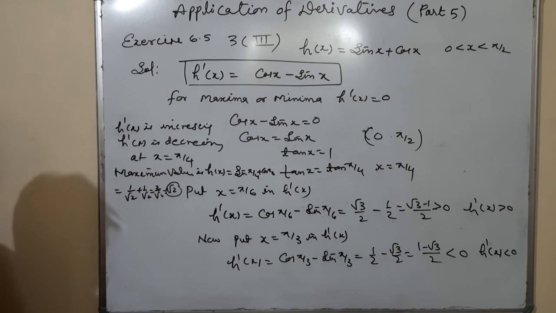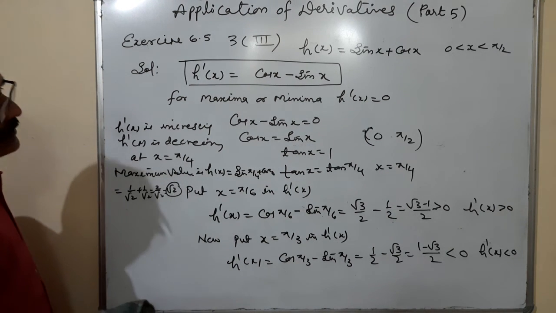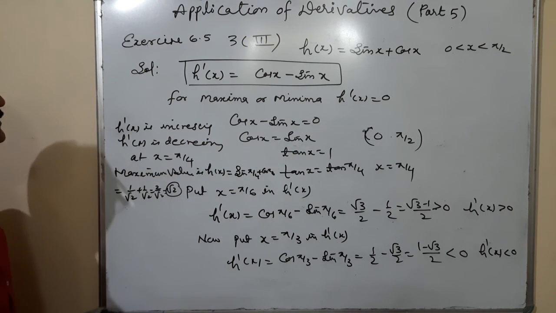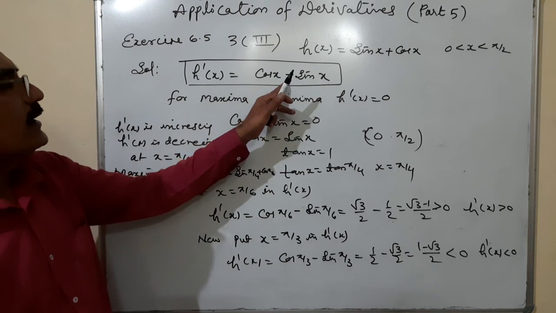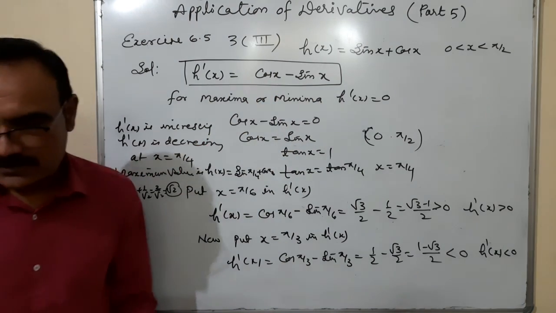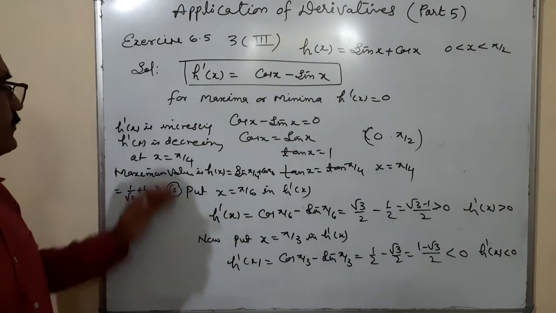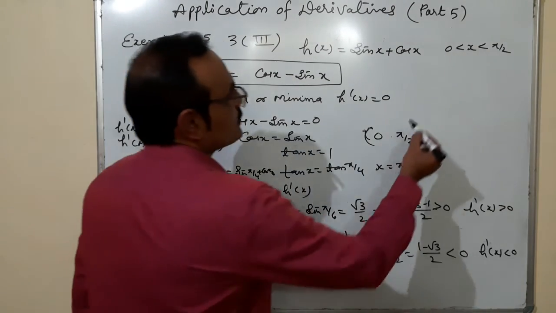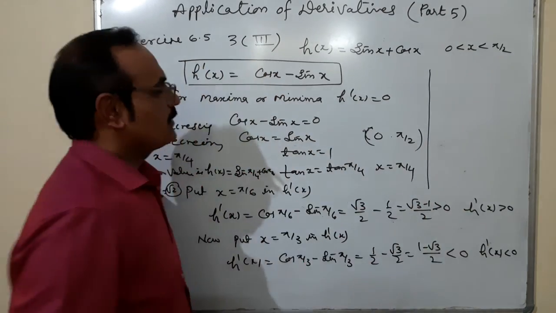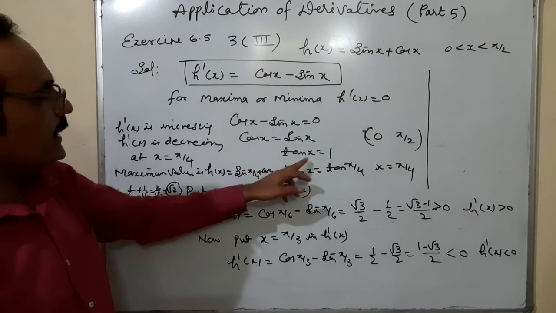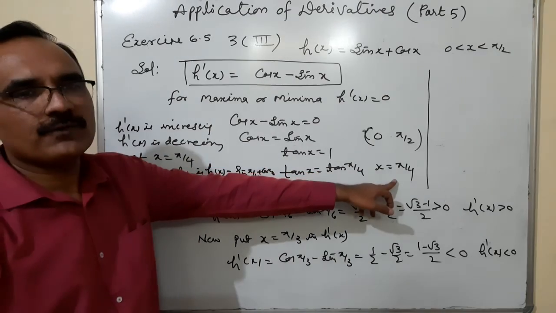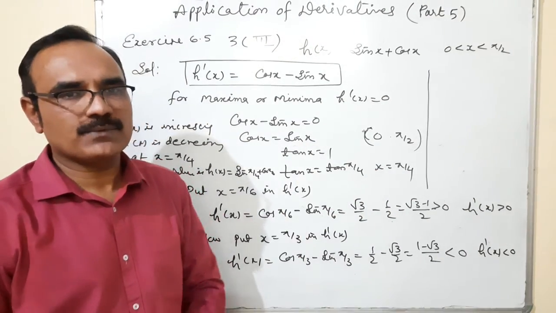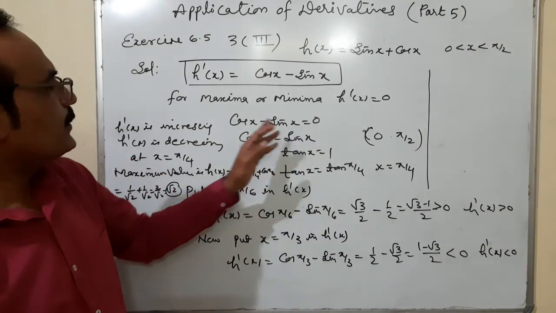So that is the first derivative test. Second derivative test: if we want to solve this question by the second derivative test, once again we have to differentiate this term, and we just want to see the sign. See the second way of the question. Suppose you don't want to check less than 0 or more than 0, so the second procedure is the alternative procedure. We have found x is equal to pi by 4. Now let us check whether the function has a maxima or a minima.